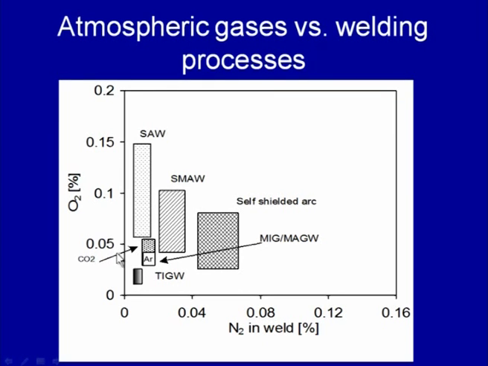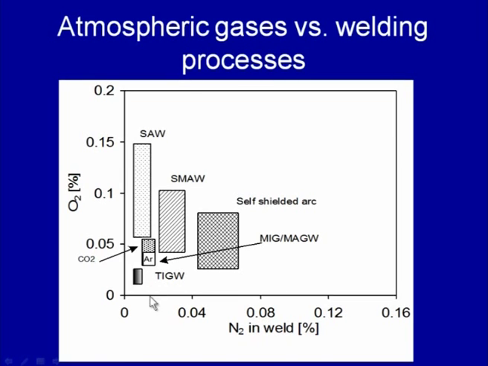So, when argon is used, the oxygen content in the weld pool is lower than when CO2 is used. The use of CO2 as a shielding gas results in higher oxygen content in the weld metal, and this is mainly attributed to the decomposition of the carbon dioxide in the arc environment at a high temperature, which in turn results in a higher content of oxygen in the weld. Further, the submerged arc welding process results in a still higher level of oxygen in the weld metal,